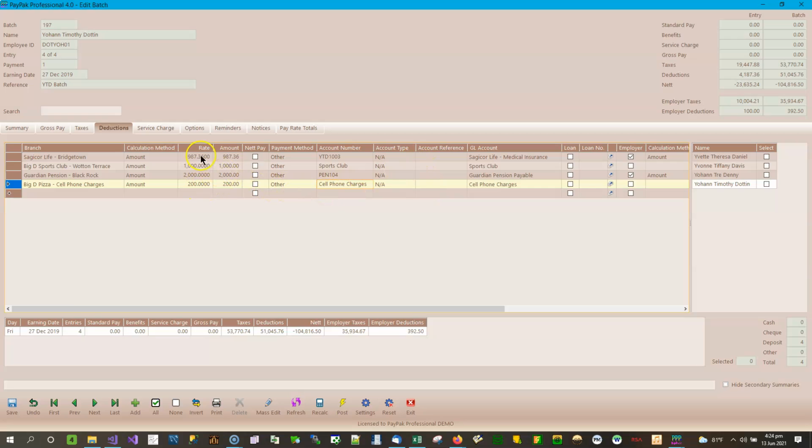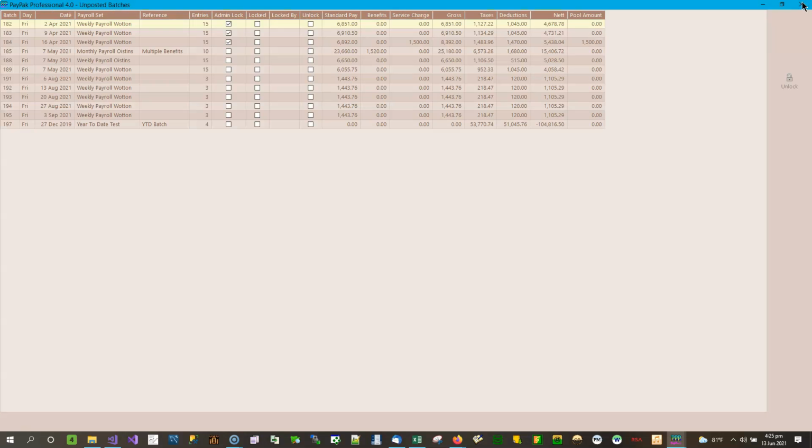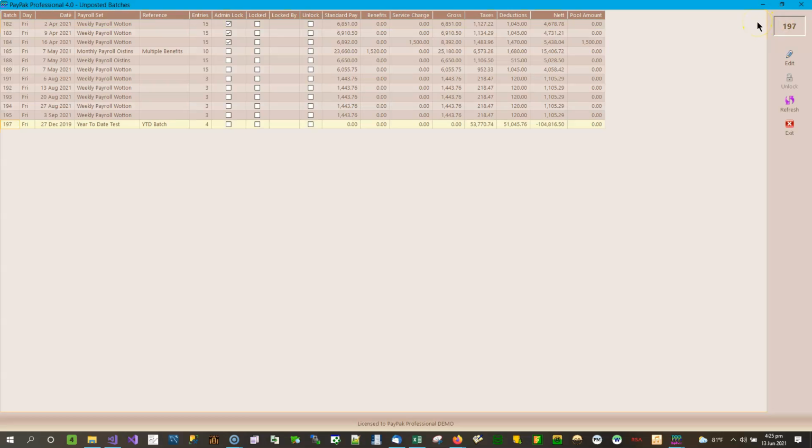If you needed now to edit this batch or make any changes to the figures, you can now do that just as you could with any other batch. The only thing missing from this would be the year-to-date gross pay. So let's exit the edit batch screen, and now let me show you